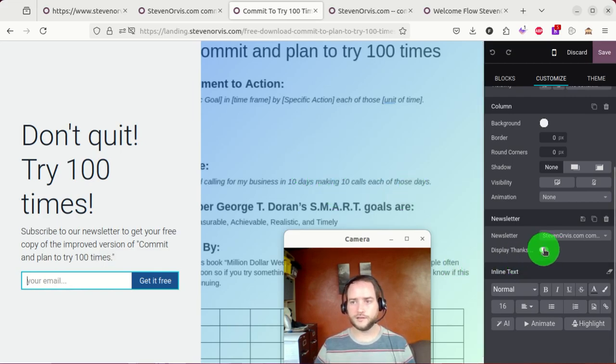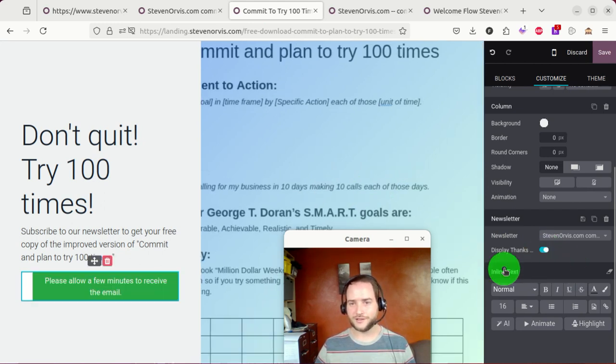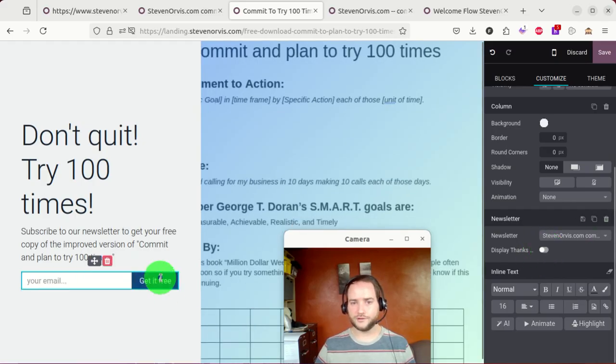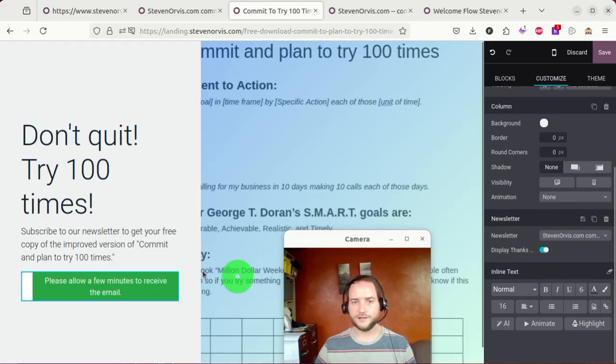And then this is interesting here. It says display thanks button, and it's not really a setting as much as it just shows something different. So this is before it shows get it free, and then it says please allow a few minutes to receive the email. And unfortunately, Odoo runs a cron job and sends the email, so it's not exactly instant. I think most of the time with these sites, they send them pretty fast, and that's an area of Odoo that I'm a little disappointed in, but I'm working on it. I have got it down to a few minutes that are sent, so I think it's acceptable for the moment